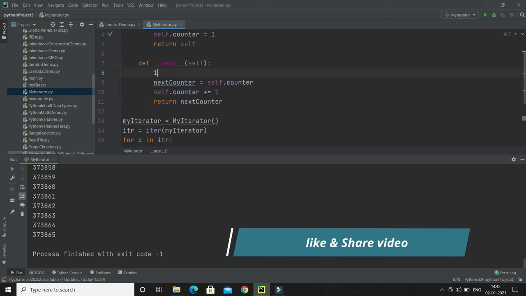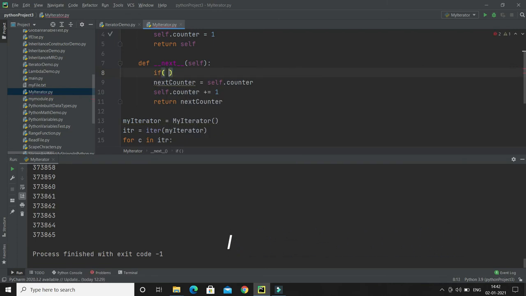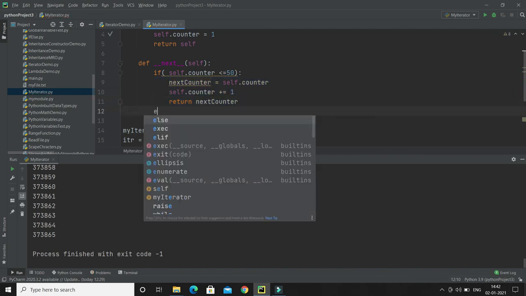So here I'm going to put the condition: if self.counter is less than or equal to 50, let's say 50 times I would like to iterate, then this statement I would like to execute. Else, what I'll do?